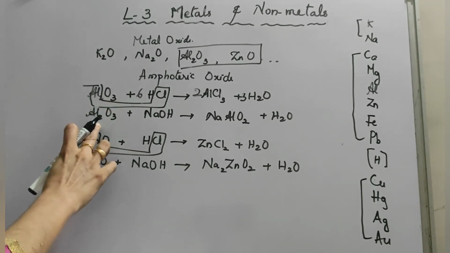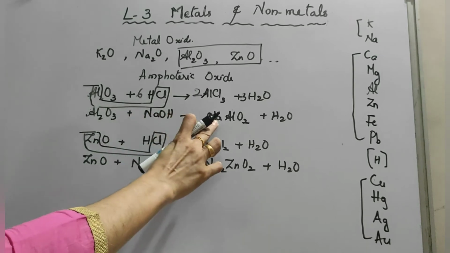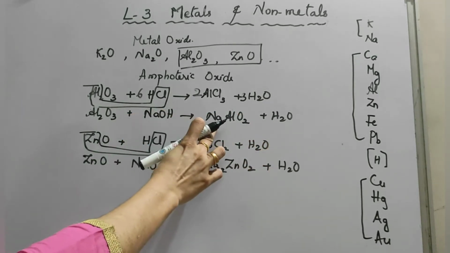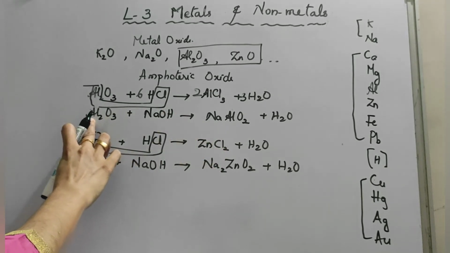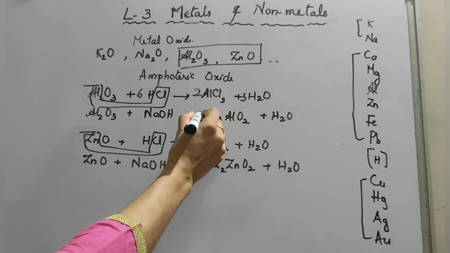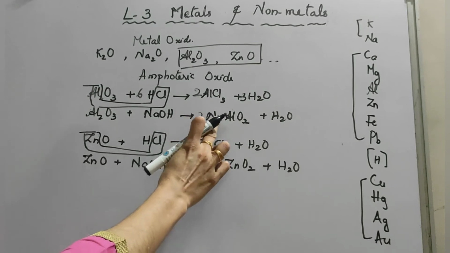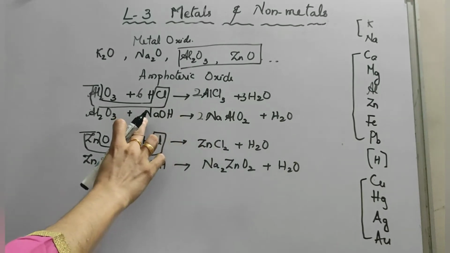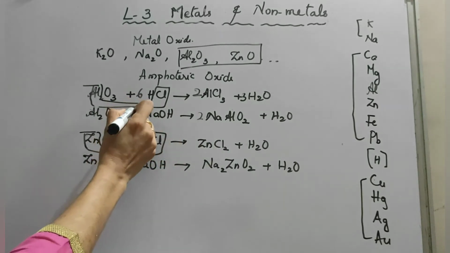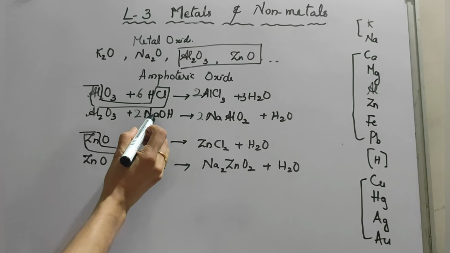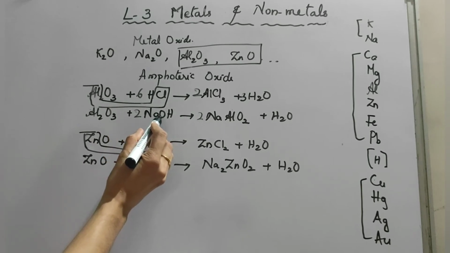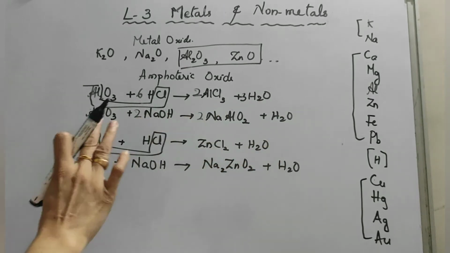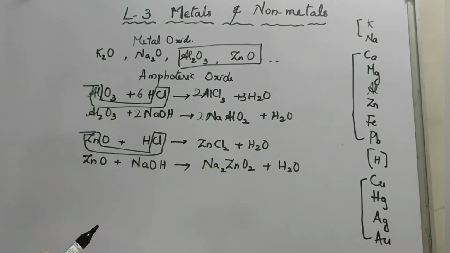And in the case of the base, aluminium oxide reacts with the base to give NaAlO2 plus H2O. Here sodium is 1, but aluminium is 2. We have to change the product side: aluminium 2, put 2 there, the sodium changes to 2. Oxygen is 4 plus 1, 5. So here also we need sodium 2, put 2 there. Then oxygen 2, 2 plus 3 is 5, here also 5, and hydrogen 2, here also hydrogen 2, balanced. Like this you have to balance this equation.